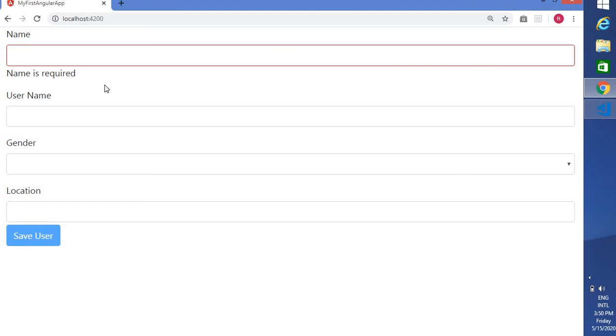In a later video session, now we have handled only one required validation. We have email, we have pattern, and there are different ways we have to implement. So in the next video I will show how we can handle each and every attribute. For example, for required I want to show some message, if it's email I want some other message, and for minimum length or other conditions I want to show some other error message. So that we will discuss in a later video session.